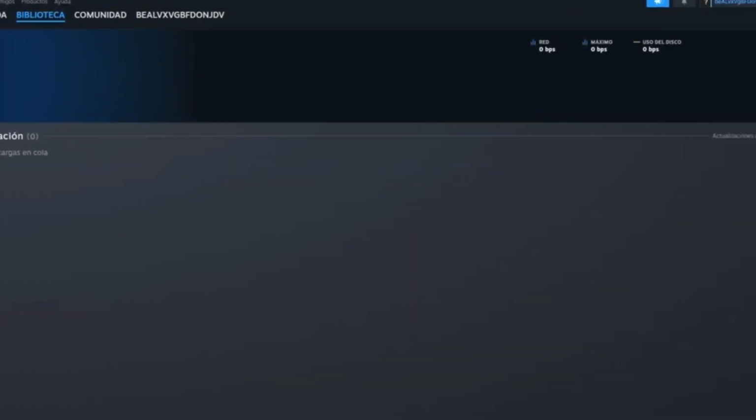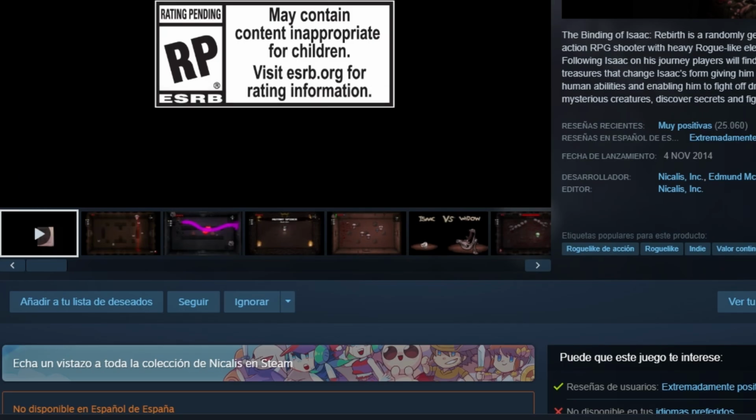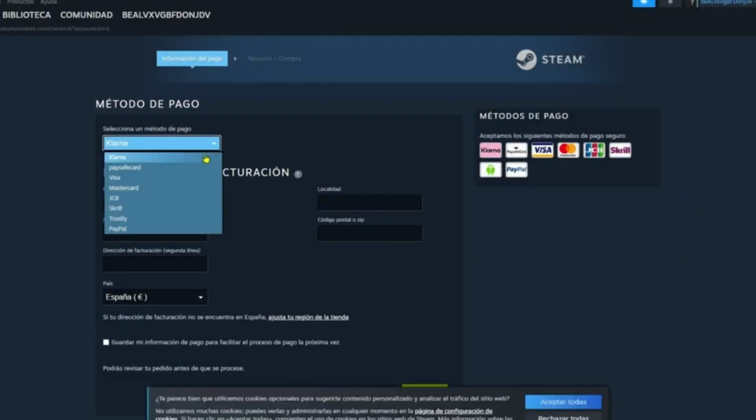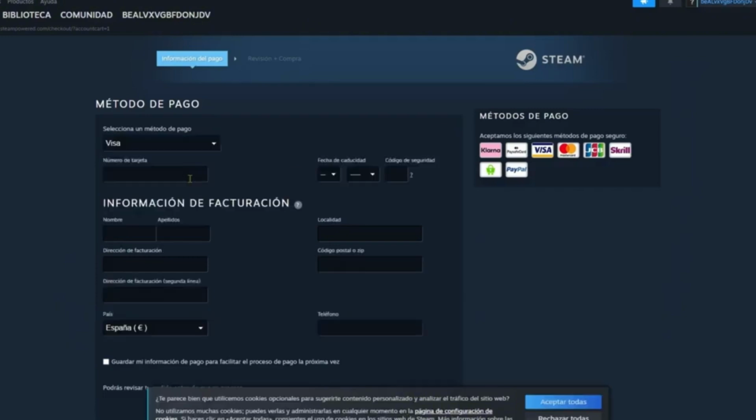If you decide to get the game, simply click the appropriate button to add it to your Steam library and complete the purchase by following the on-screen instructions. As you can see, downloading and installing The Binding of Isaac, Rebirth on your PC through Steam is a quick